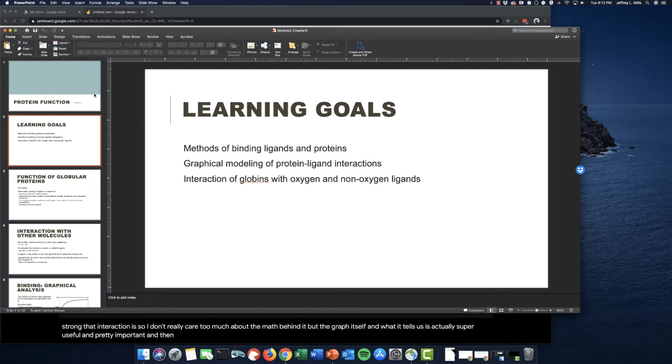And then we'll get to the interaction of the family of globins, which, like I said, includes myoglobin and hemoglobin, how they interact with oxygen and non-oxygen molecules, and which amino acids are involved, and all kinds of cool stuff. Okay, so